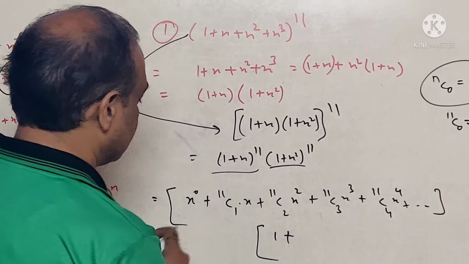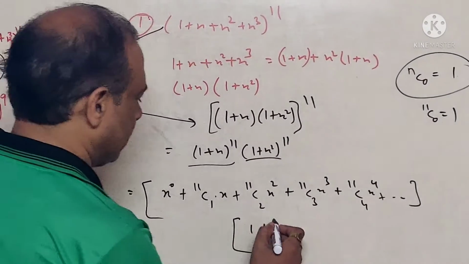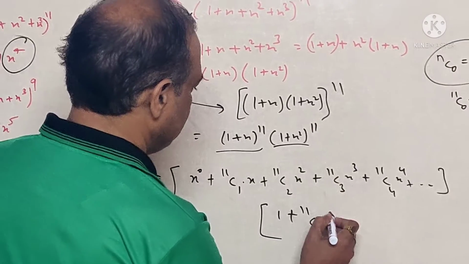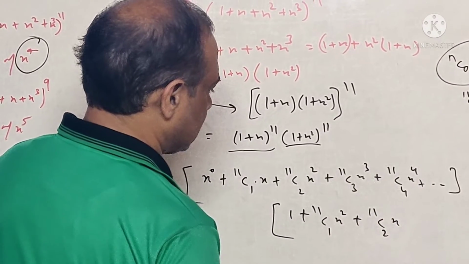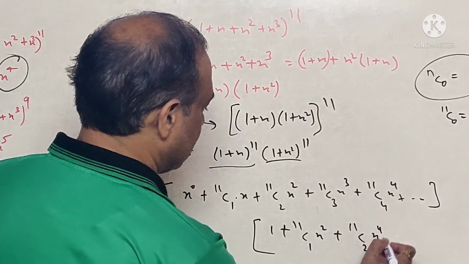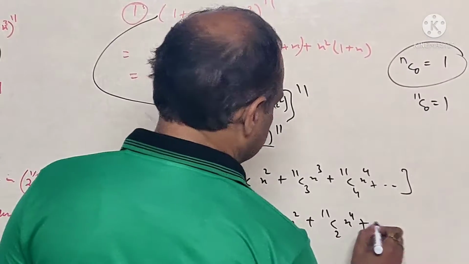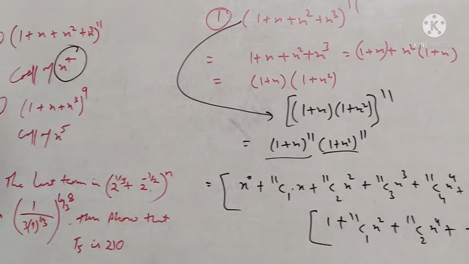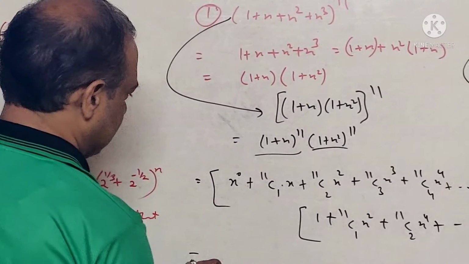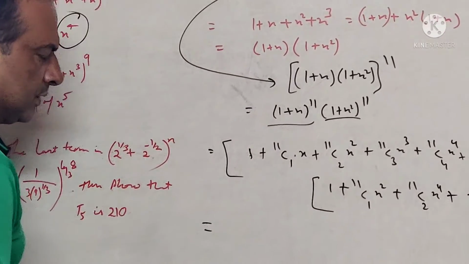Second case is 11C1. In 11C1 we will have x square, and then for 11C2 we will have x square whole square, you will have x power 4. And no need to go furthermore, we have to leave it here. Now we need x power 4. The x power 4 will come when we multiply it, it will give you 1.